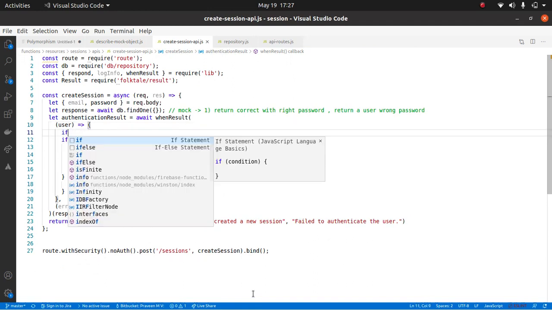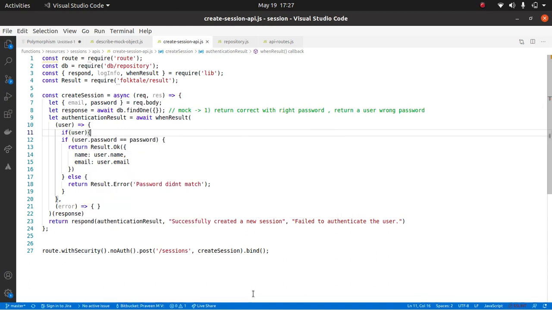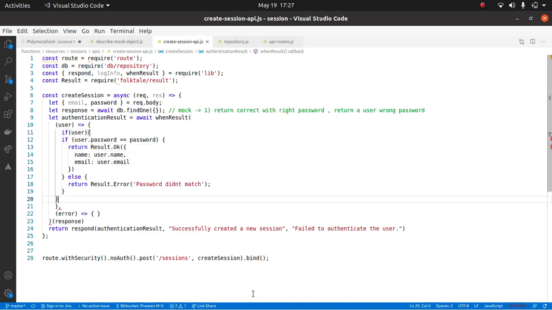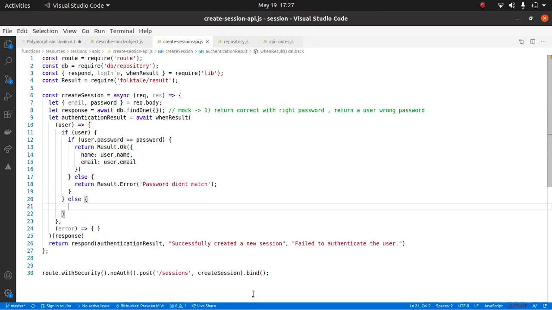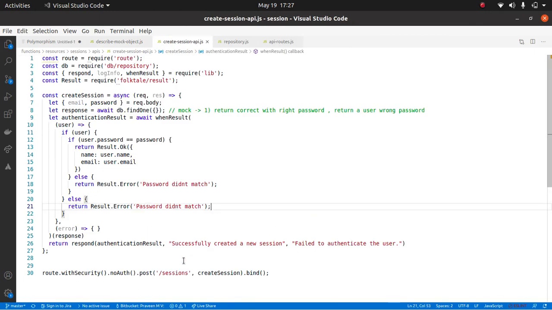So I am going to write some code here: if user, only then do it. Else, if the user does not exist, then return result.error. And what should the error message be? The user does not exist, correct?